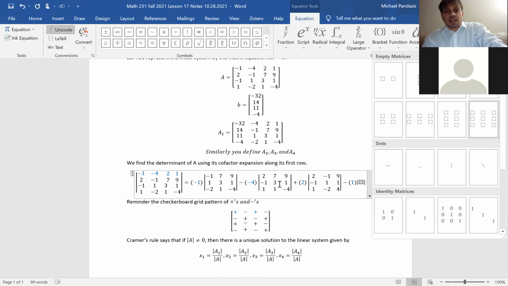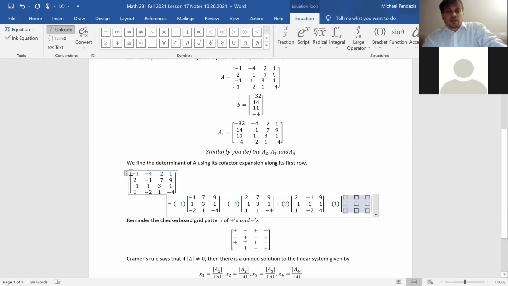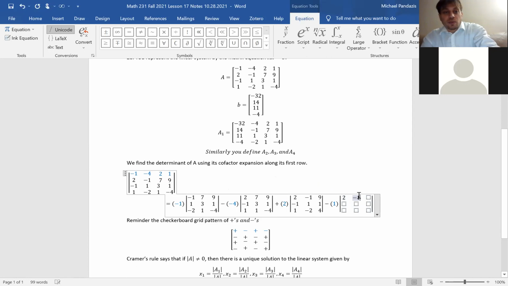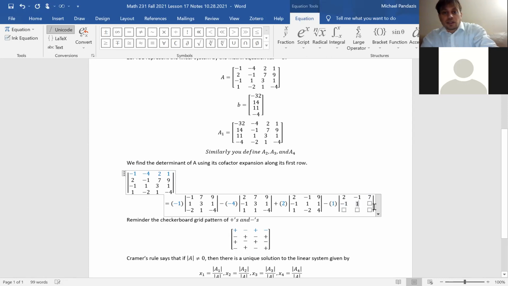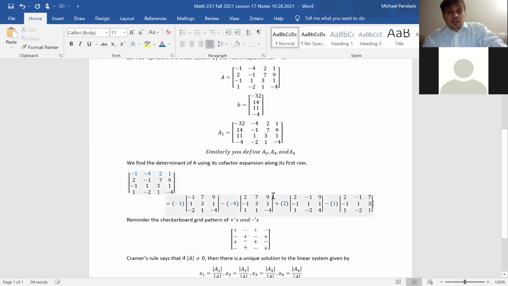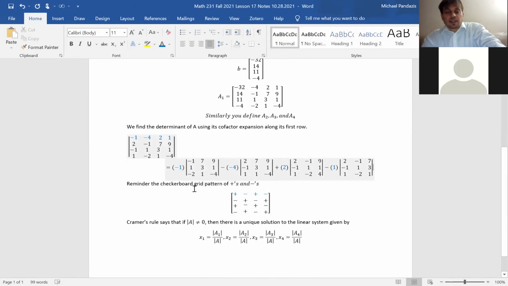Yeah. Okay, and then lastly for 1, you remove the first row and fourth column, and you have 2, -1, 7, -1, 1, 3, 1, -2, 1. Okay, so that all makes sense? Yeah, it does. Okay, good. Okay, so then